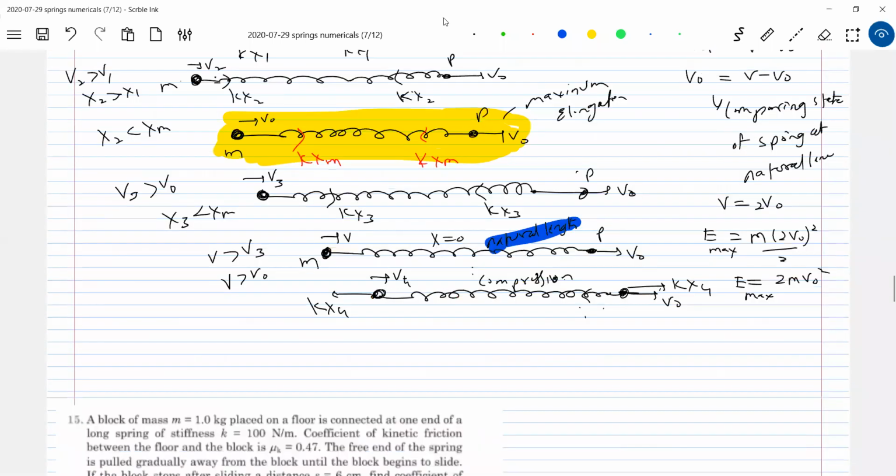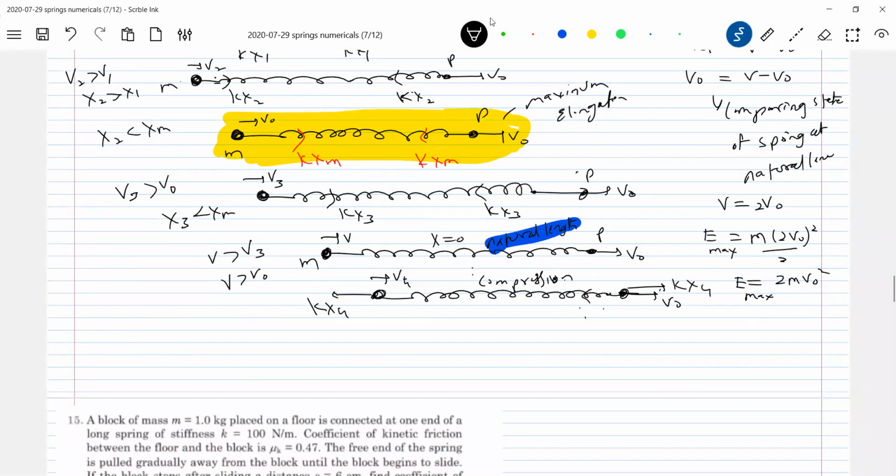So therefore, the work done by the spring force should be equal to the change in kinetic energy of the block. What is the work done by the spring force? Integral of Kx dx from 0 to xm should be equal to mv naught squared by 2. Solving this, we'll get